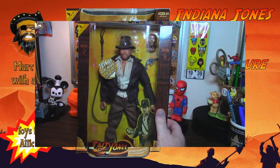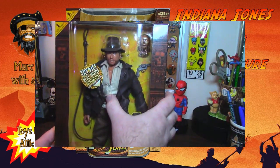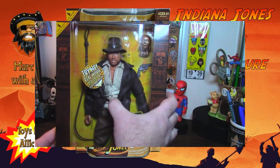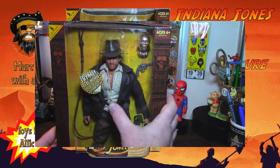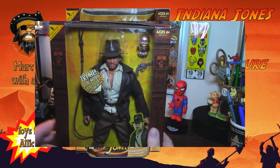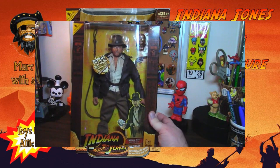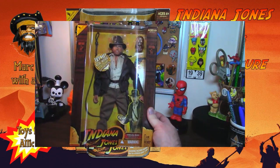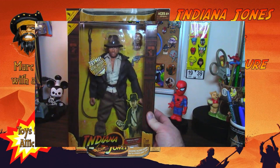The kind of creepy thing about this one is that Indiana Jones's mouth actually moves when you push the button. So if you can see that, when you push the button, his mouth moves. So I don't know why they added that. I don't know any other action figures that have that feature. If you guys know one, let me know in the comments. But that's kind of creepy, but that's what that figure does, and it comes with some great accessories, but